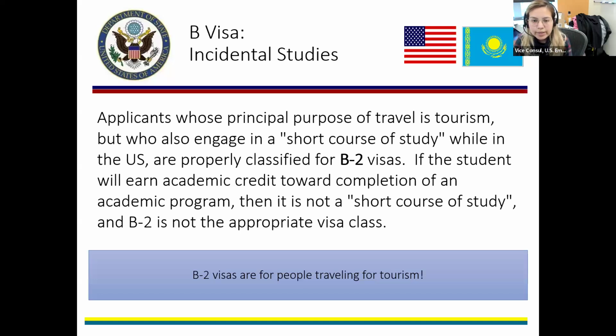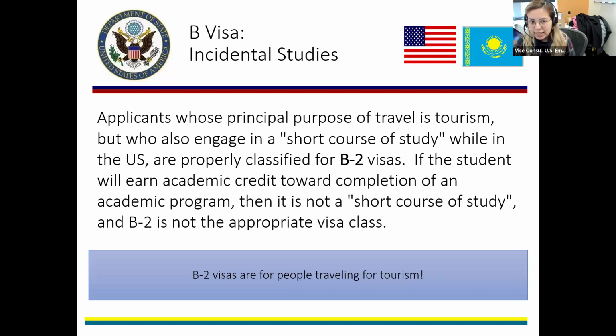Some of the things that they'll be doing is sightseeing, and maybe learning something about US culture. And sometimes this will include some English as a second language courses. This is permissible if it is a short course of study. What this means is that you'll be there just for a couple of weeks and that you're not just going to study English language. This is part of your overall program, and you will not be receiving a degree or anything official